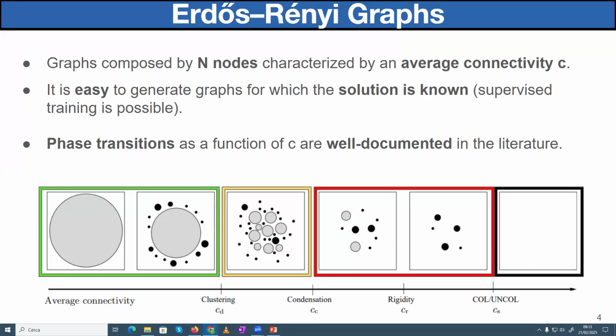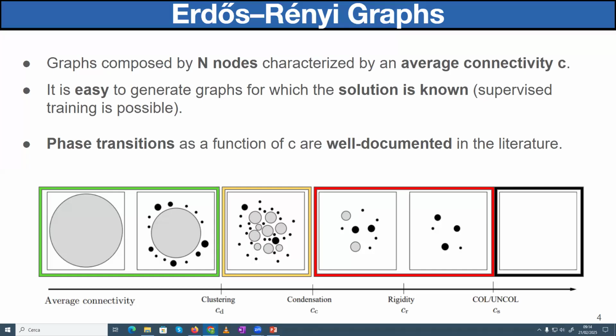These are graphs composed of n nodes and are characterized by an average connectivity c. And as you can see, the phase transitions as a function of c are well documented in the literature. So for c small enough, the solutions form a single cluster, thus finding one of these solutions is very easy. If we increase the average connectivity, the single cluster splits into an exponential number of subclusters, and in this region,